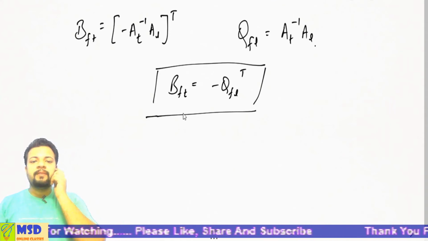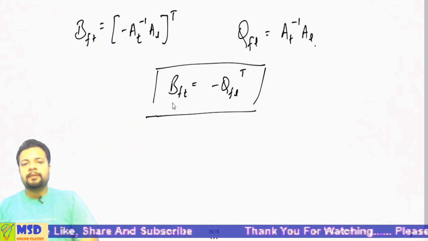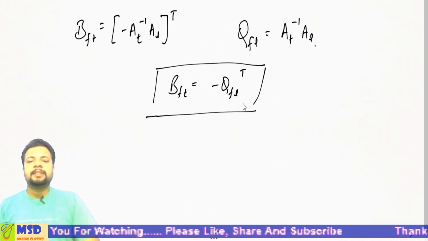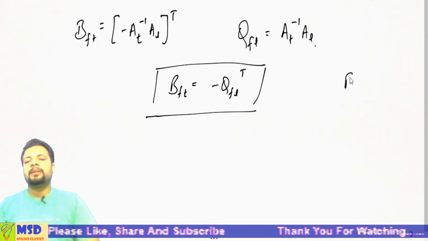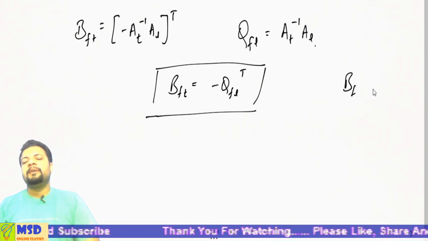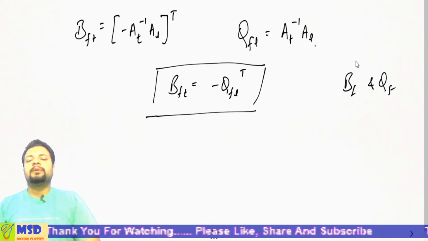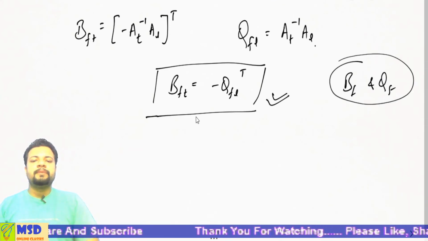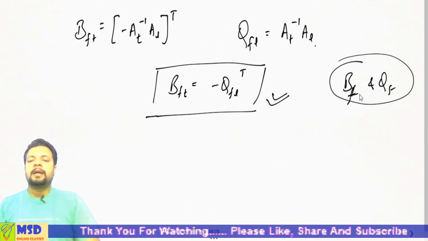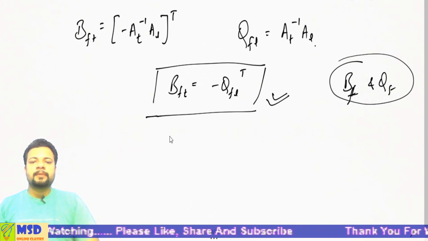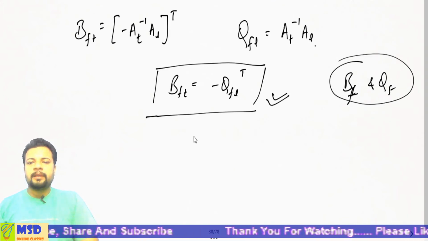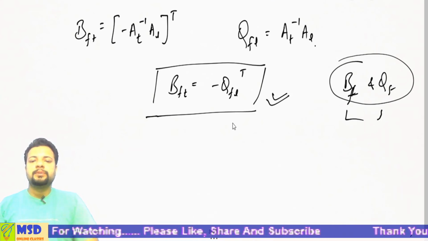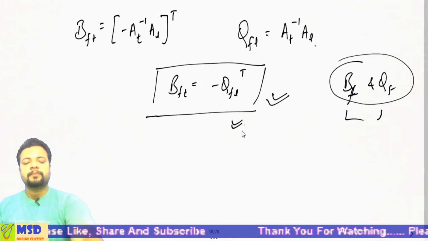Now can we derive, this is not complete BF tie-set matrix and this is not complete QF cut-set matrix, but we want to have a relationship between complete BF and QF matrix. Now can we use this knowledge to develop relationship between BF and QF matrix? Now see how we can derive a relationship between these two matrices using this knowledge.